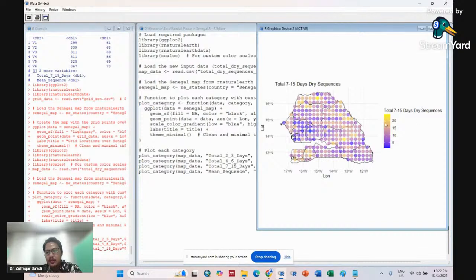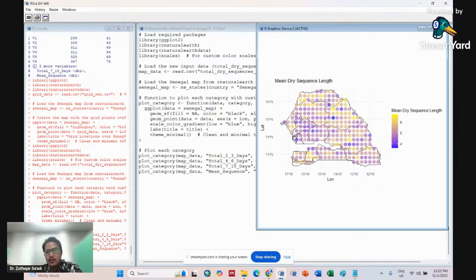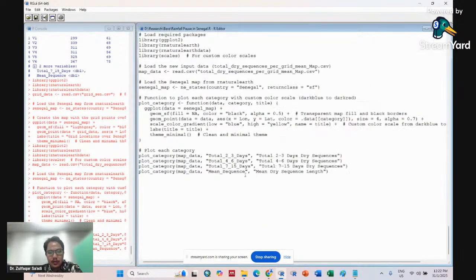You see the dry sequence becomes very rare for the third category because 7 to 15 days is very rare, but the sequence can be very high in the northern area, northwest, and some patches of area, something like that. And then for the maximum category, you can get this result. So you can change whatever you want to describe the legend here. You can change here like mean of